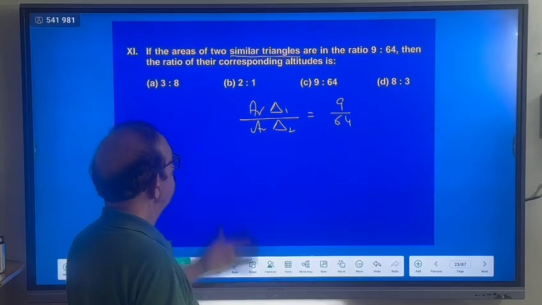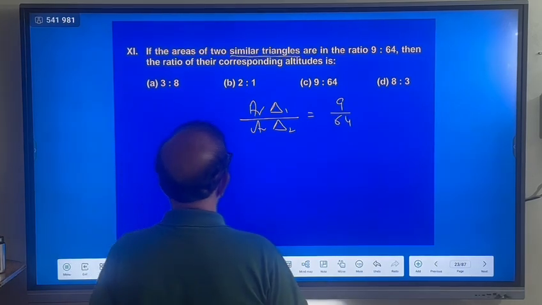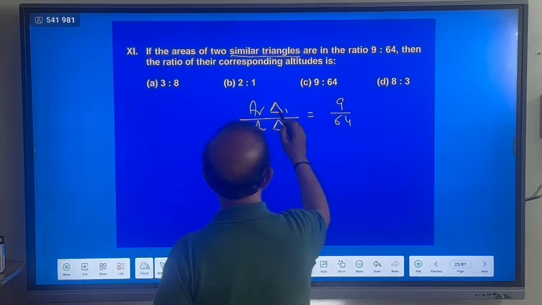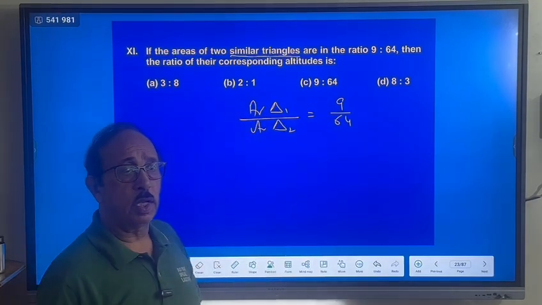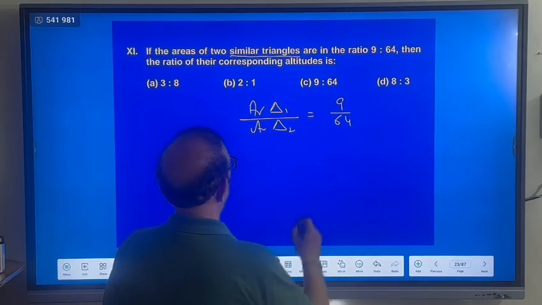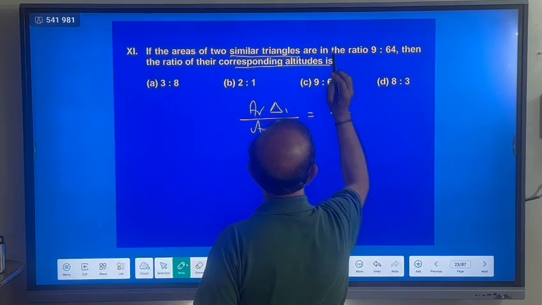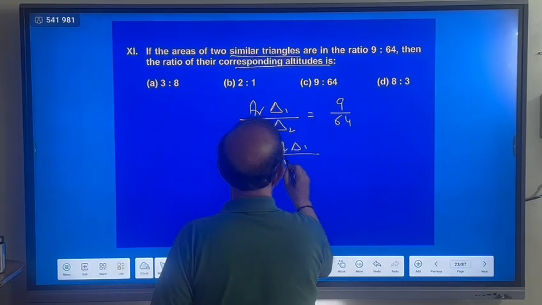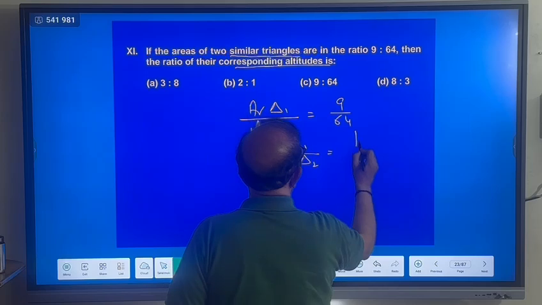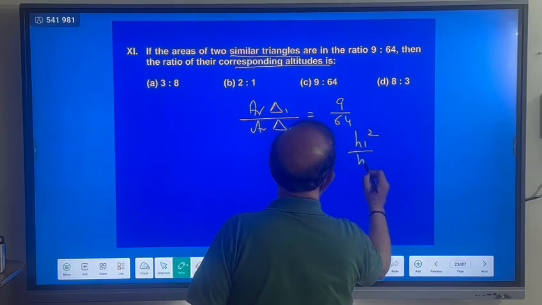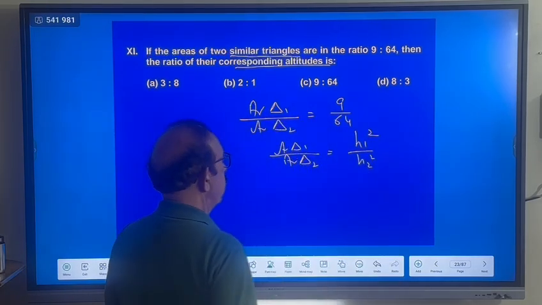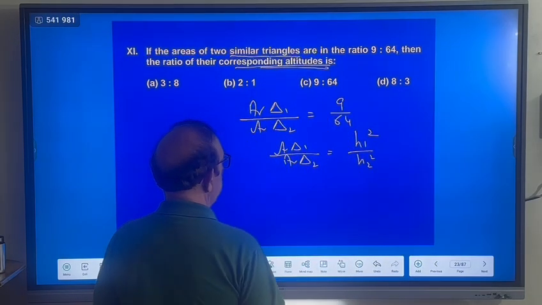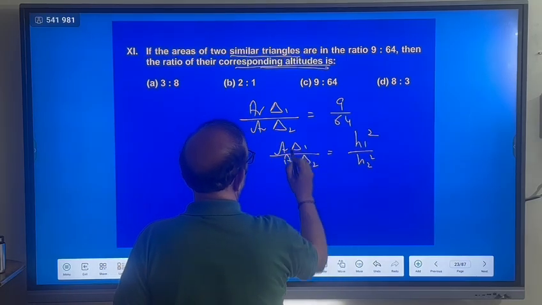Now first, before applying this theorem, we have to check whether the triangles are similar, otherwise we have to prove it. No, this is given. Next is area. Whenever the ratio of areas of triangles is asked, the ratio of the areas of two similar triangles is the same as the ratio of the squares of the corresponding heights. Now here it is heights. Altitude means heights. So area of triangle 1 upon area of triangle 2 is equal to h1 square upon h2 square. Height or altitude, one and the same thing. This value is given.